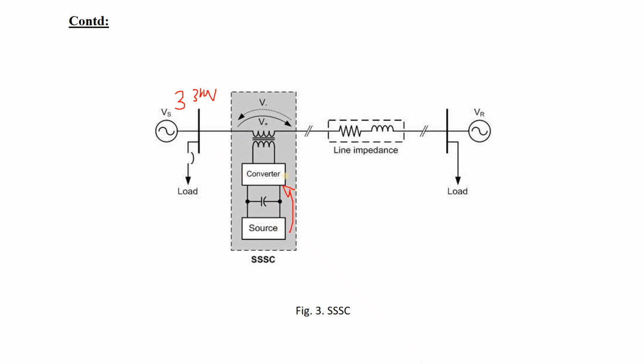So it is generating some voltage and power over here. After the converter, that is using the inverter, it is contributing towards the current. Suppose the current is I1, and it is producing some current I2. So the total current after the triple SC will be I1 plus I2. It can be capacitive current, it can be inductive current.